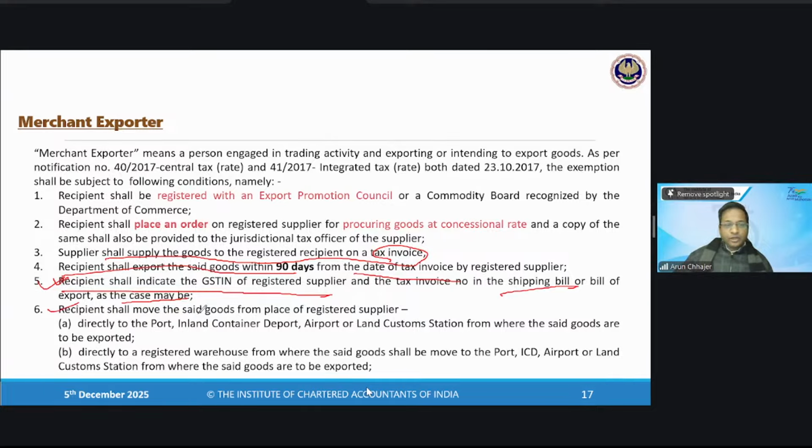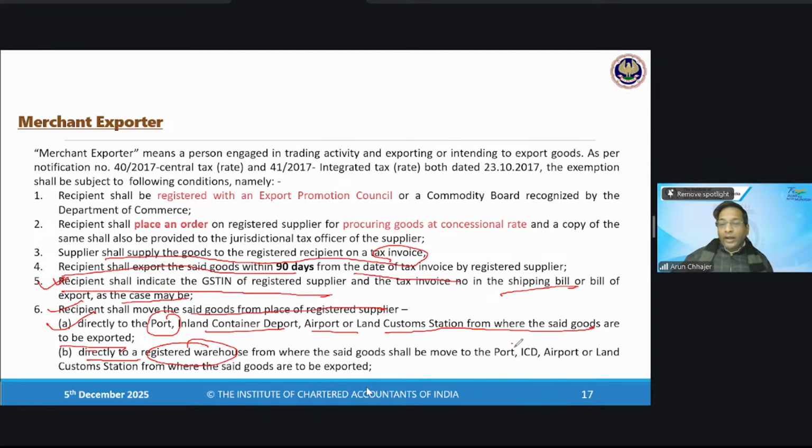And recipient shall move the goods from the place of the registered supplier directly to the port or ICD, airport or land custom station from where the goods are to be exported. And they can also move indirectly, first coming to the registered warehouse and then it will move to the